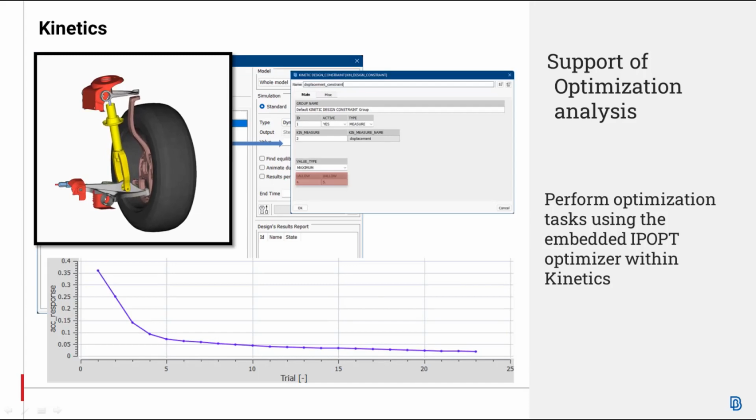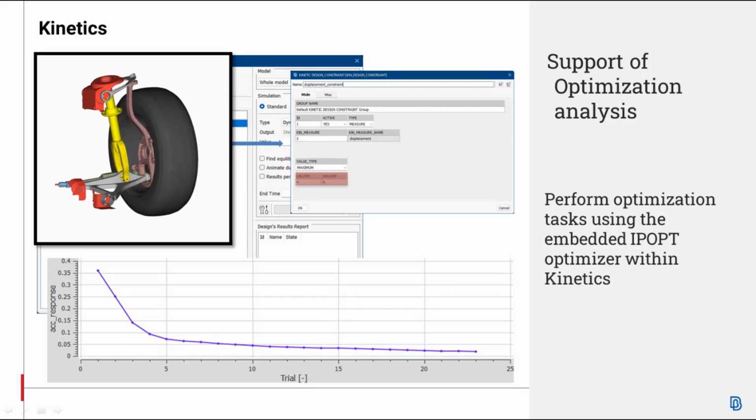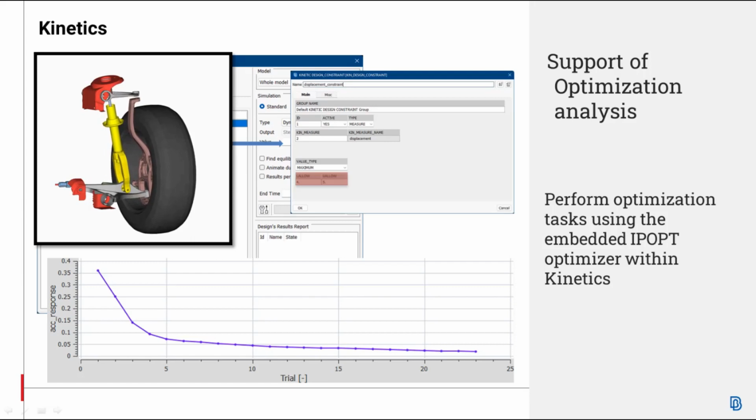Design constraints can be handled as dual inequality equations, which is quite convenient since the user can optionally specify lower and upper allowed values for them. Additionally, discrete optimization is also supported when design variables are defined through a set of discrete values.